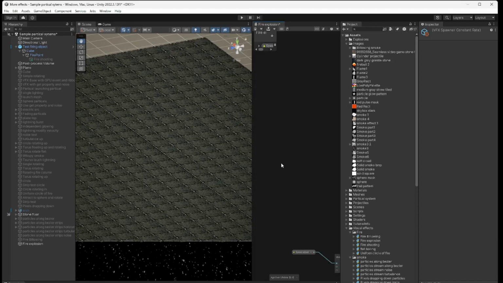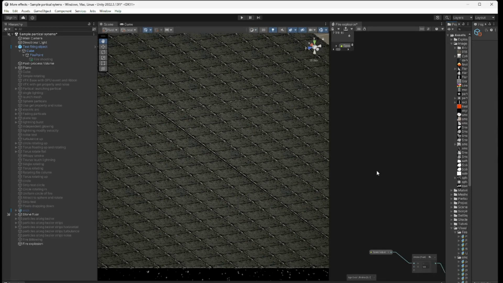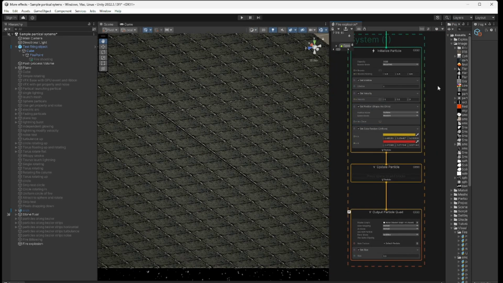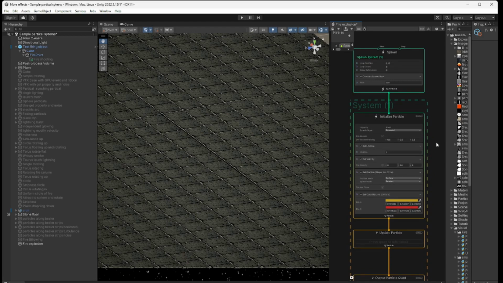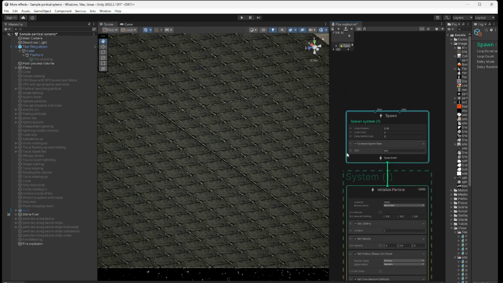Let's get this guy on screen. Shrink that down there. So what I have is two different systems going on here. And it's important to note that you can have as many systems in any effect you want to blend together or make them in sequence. In this case, I do make them in sequence using a delay. So the first part that I want to show, that's really an important part, the rest is pretty simple, is